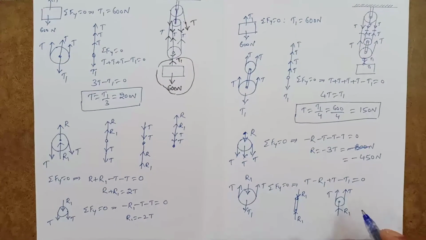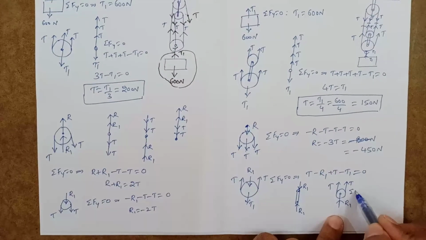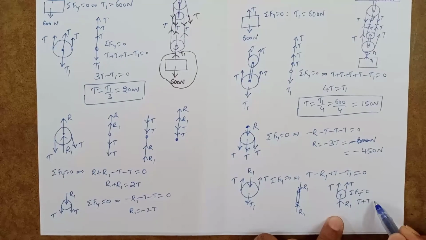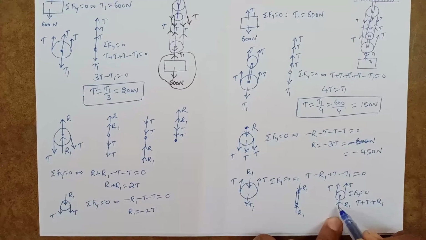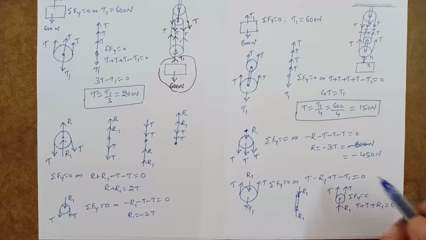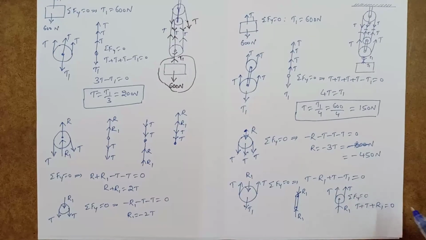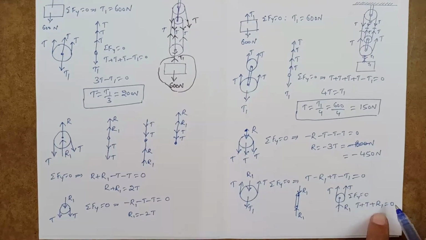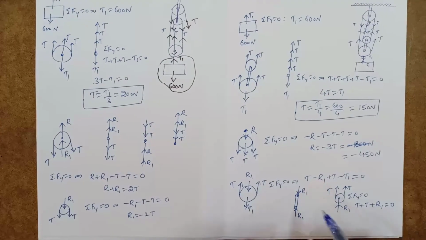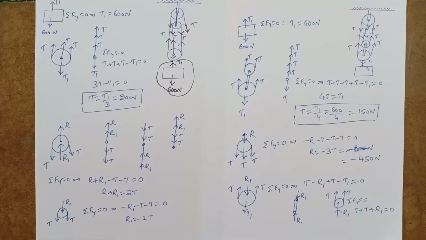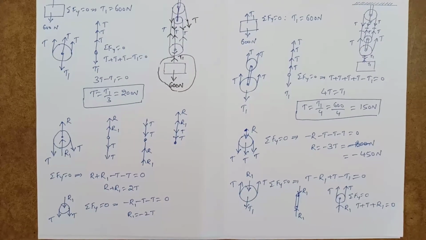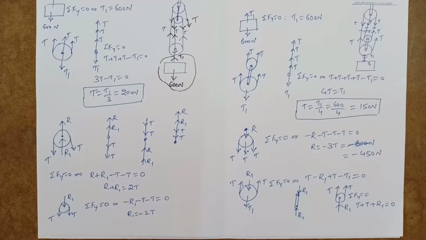So this is at rest. Again applying sigma Fy equal to 0, we get T plus T, and again this is plus R1 upward, right? So it is plus R1 equal to 0. Now we can solve for the unknowns. If R or R1, if anything is required, R1 is equal to minus 2T, substituting the values here, and then you will get the unknown values. So this completes this problem. Thank you.